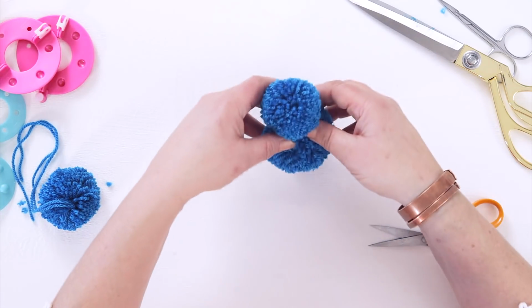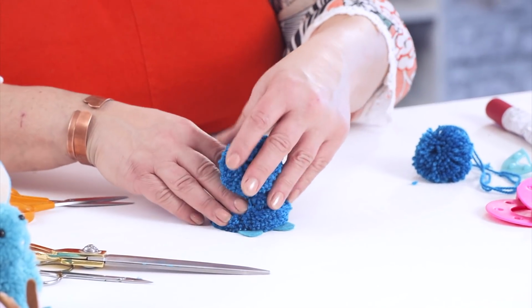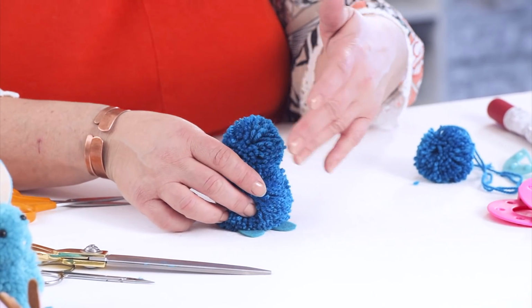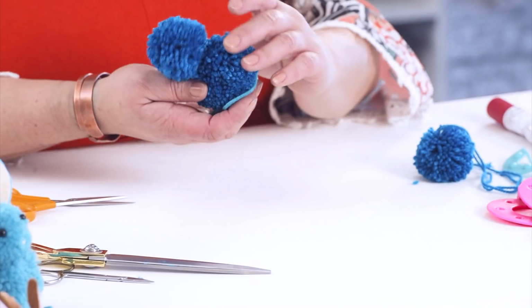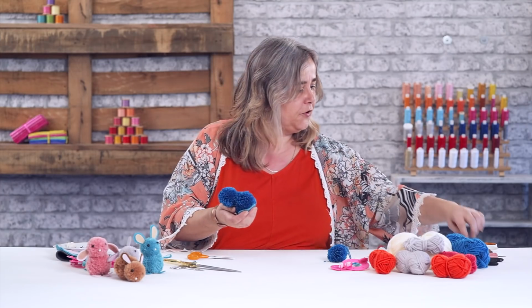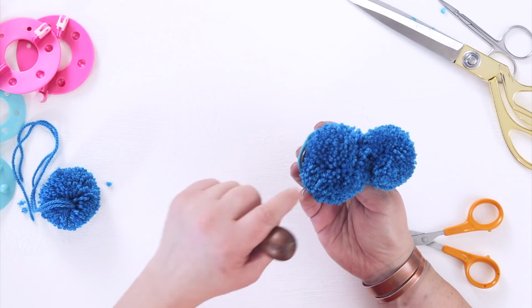to pop your rabbit's bottom on, like this. And the penny should stop him falling over. Now he is going to tip over at the minute because that glue's not dry. So while it's drying, I'll just show you, if you get an awl tool and just make it, actually,